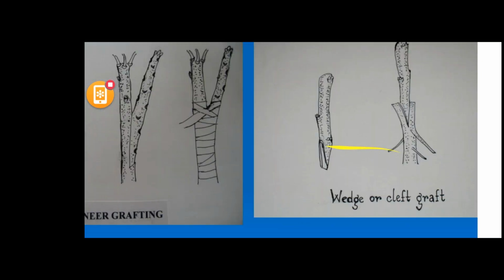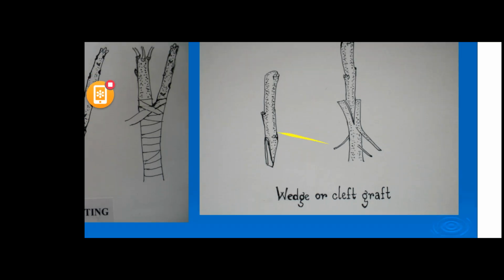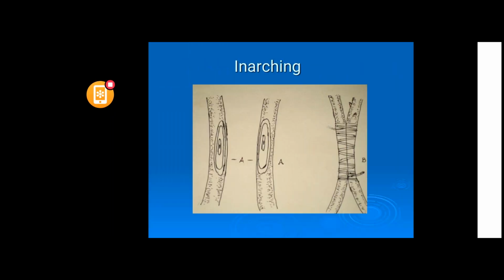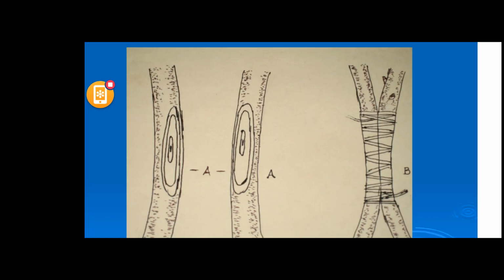This is the wedge or clip graft. It is also like that. I have already shown you. Enarching is another method. It is a very good method, but enarching is a bit cumbersome. If you enarch the plant in June-July, you have to cut it another year after, in the next June-July. That is, you have to keep both in enarching. Both the plants keep their own roots.